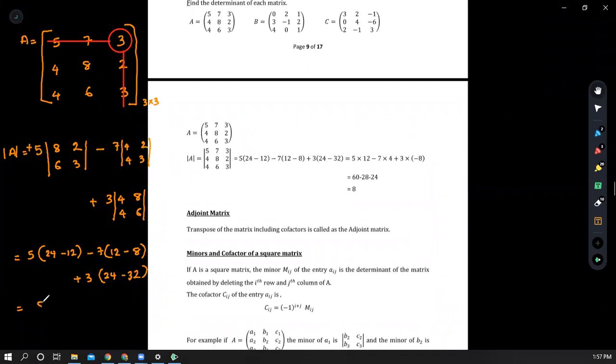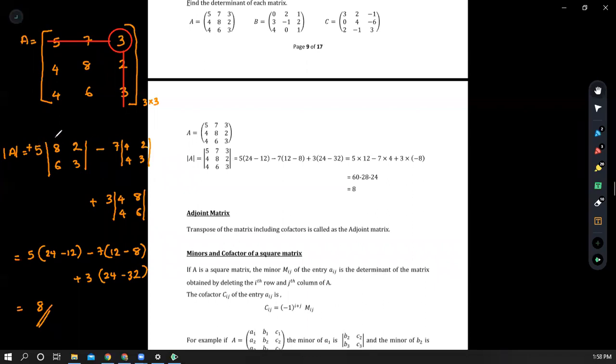For performing this calculation, you can obtain this value as equal to plus 8. Okay, therefore this is the way that we are performing the calculation, and I will use another example to explain